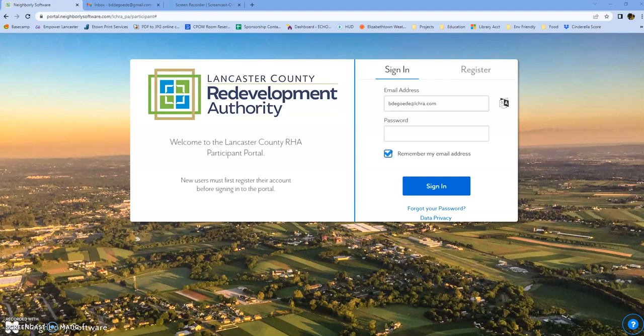I'm here to show you how to use Neighborly. Neighborly is a new portal that is being utilized by the Lancaster County Redevelopment Authority to manage all grant applications and processes. It will provide a centralized, standard, and consistent platform for partners to apply for grant opportunities and manage the awarded funds. So the first thing that you'll need to do is bring up your web browser and go